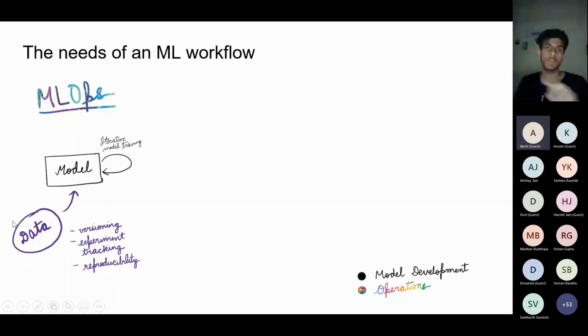So whatever you know about machine learning is only a part of that. So that's all that is to model development. Algorithm selection, architecture selection, hyperparameter tuning, all of that happens within that box there. Right, so that is the model. You have iterative model training. You have some data which is versioned, which is tracked, and then you supply this data to the model. Right, and that is the start. That is essentially the part of machine learning which you already know about and which you may have guessed,